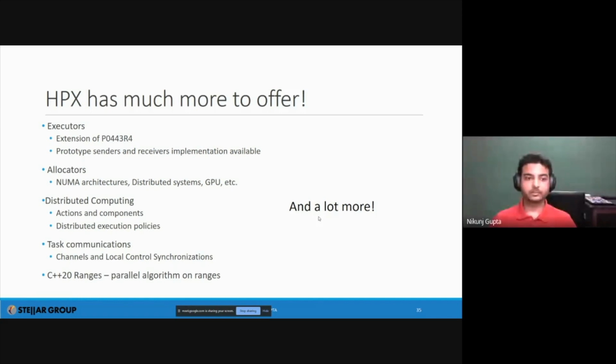Good question. So if you want to do GPU heterogeneous programming, you can do so by using the CUDA compiler. You can do so with the HIP compiler. And Clang supports GPU programming as well through CUDA and other interfaces. The way we have implementations for GPU and in general heterogeneous computing is that we launch a new HPX thread, and we give it the GPU kernel that we want to launch.